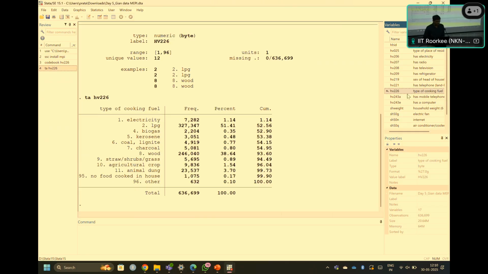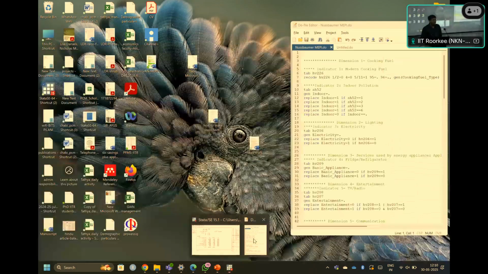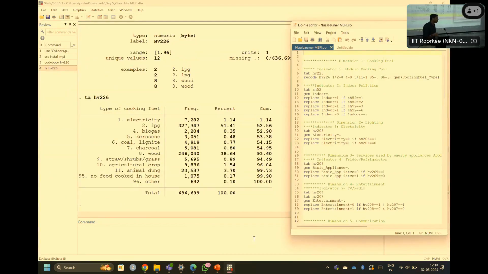We know that there are some categories like others, no food cooked in house, etc. Some of them carry very little value, and there are many missing observations. So we have to carefully filter them and then convert into binary, but which category we convert into one and which into zero should be understood very clearly. If you categorize as one, the focus is to show that they are more deprived; closer to zero means they are less deprived. As simple as that. With that idea, I have to convert the variable.